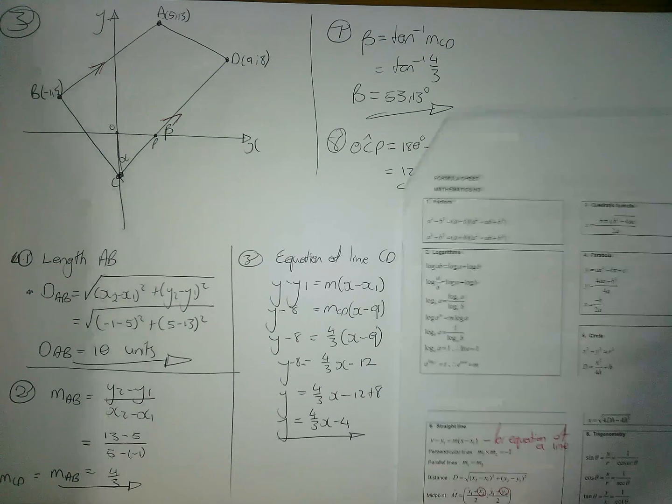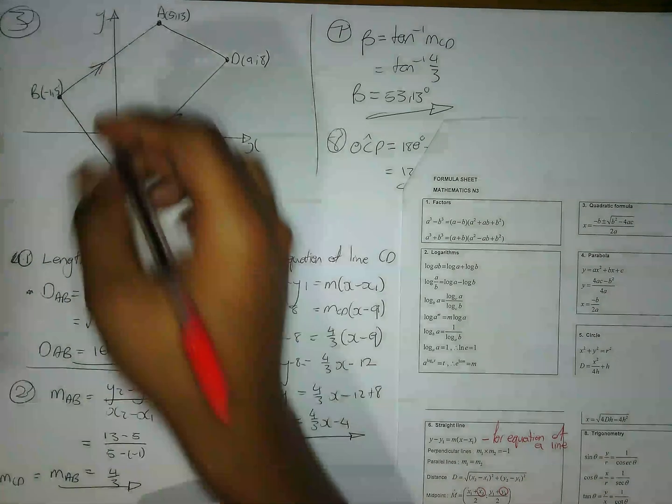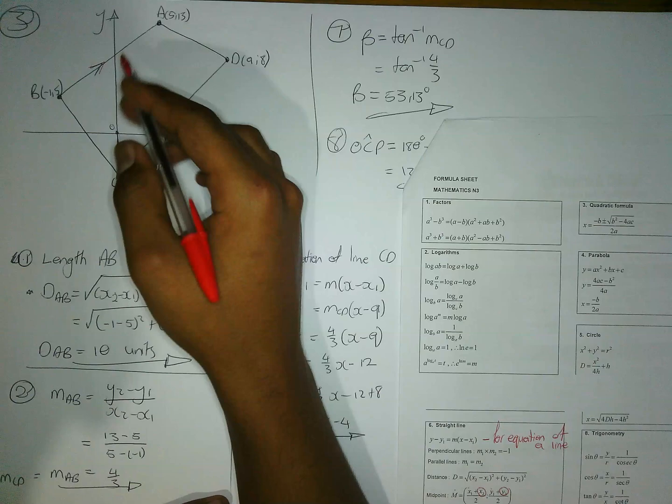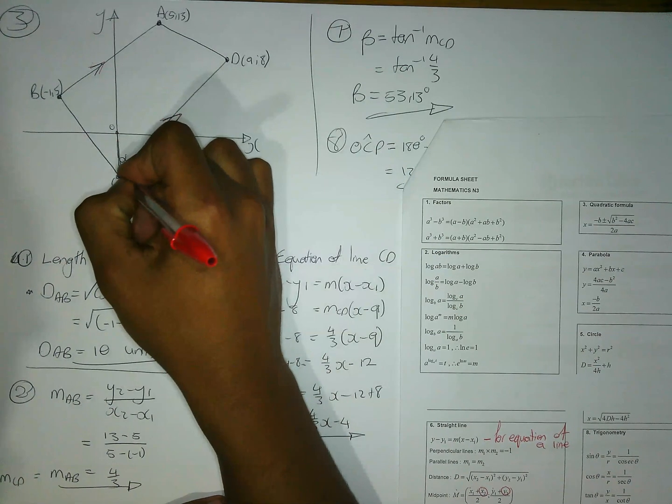Very straightforward. Steps never change. As long as you have a coordinate on the line CD, you can substitute it and you'll get your answer. The next question is to determine the coordinates of point C. We had a similar question in the previous question. So we must note that C is on the y-axis. And when it's on the y-axis, we know that,